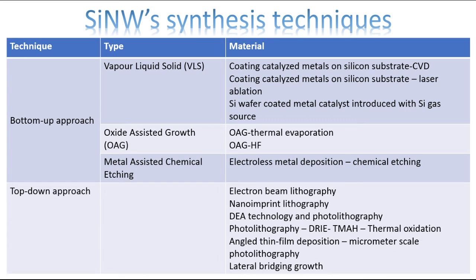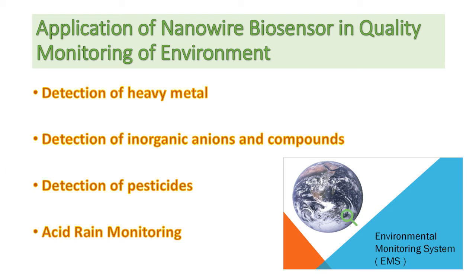Bottom-up approaches are either growing or synthesizing from bulk silicon wafer, which include vapor-liquid-solid, oxide-assisted growth and metal-assisted chemical etching. Top-down approaches start from bulk silicon wafer and scale down using lithographic processes to the desired size and shape of silicon nanowires. Silicon nanowire-based biosensors can be used in environment monitoring, which is in the detection of heavy metal, inorganic